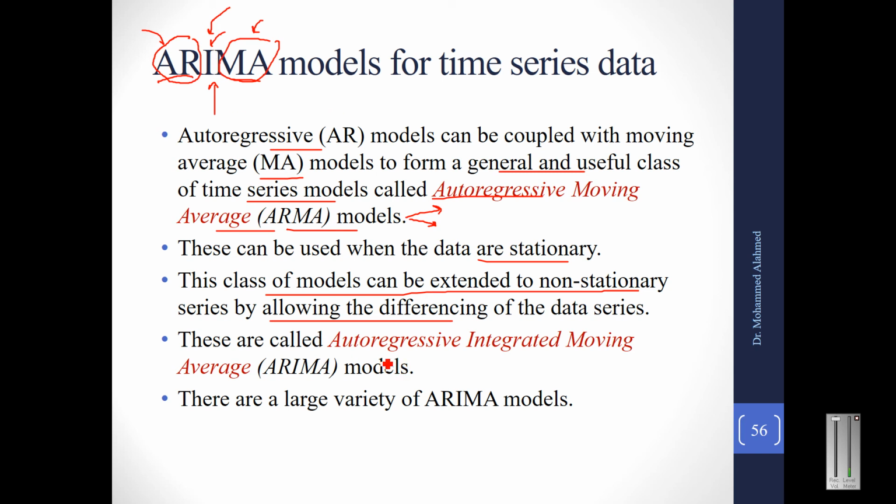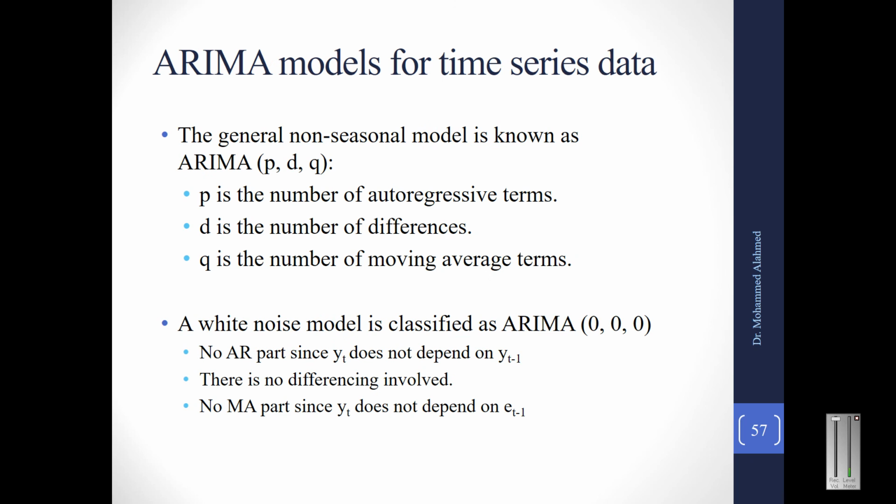So combining all these, we come across auto-regressive, the AR, integrated, which is the number of times it has been differenced to make it stationary, and then the moving average model. So there is a large class of ARIMA models, right? This is basically the ARIMA model, which combines the three models together. A general ARIMA model consists of three parameters, P, D, and Q. P is the number of autoregressive terms. D is the number of differences. As I told, if you difference only once, D becomes 1. Q is the number of moving average terms, right?